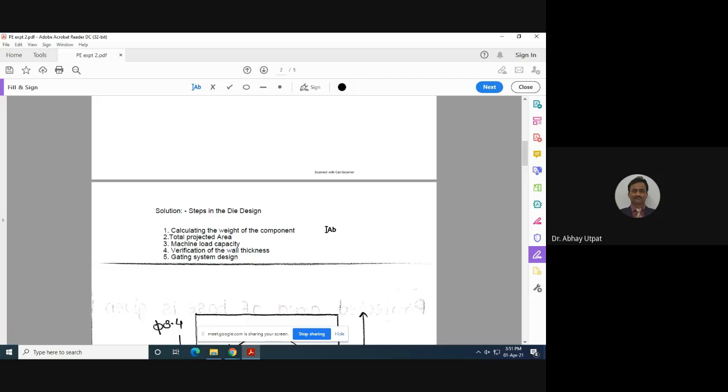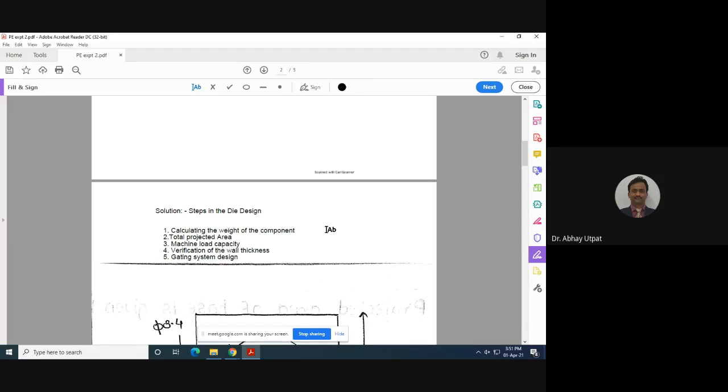If the same problem is asked in the examination, it will not be part of the theory, but everywhere, if the assumption changes, calculations will be different for each student as per his or her assumptions. So here I am going to explain by considering two parts at a time, meaning a two cavity mold. So in step number one of the solution you have to write, let us assume that we are going to manufacture two components at a time. Then step number one starts: weight of the component.